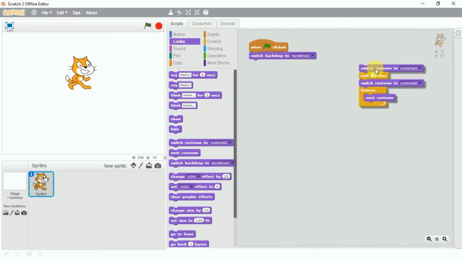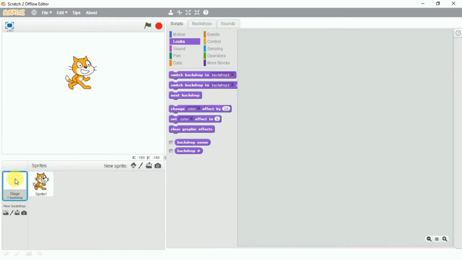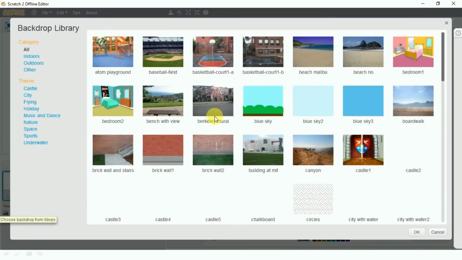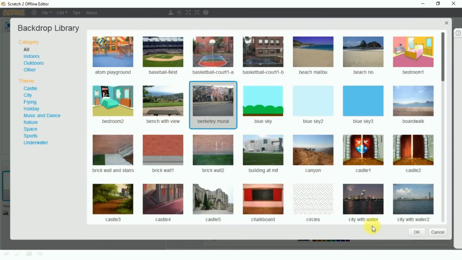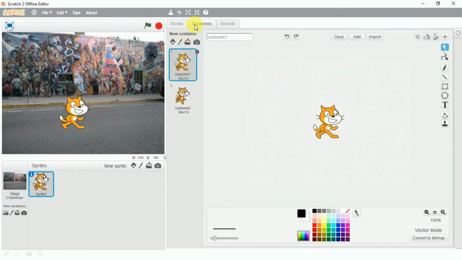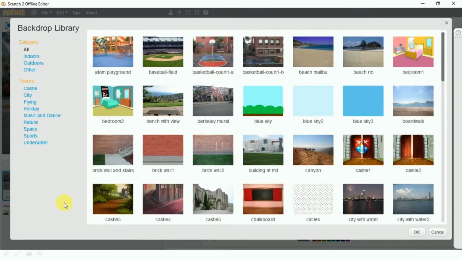Change the backdrop. Backdrop means the background. We have just this one black and white background. It's one backdrop, so only one backdrop is selected. The name of this backdrop is backdrop 1. Let's choose more backdrops. Let's choose this road. Okay, I have got 2 backdrops now. Let me choose one more.